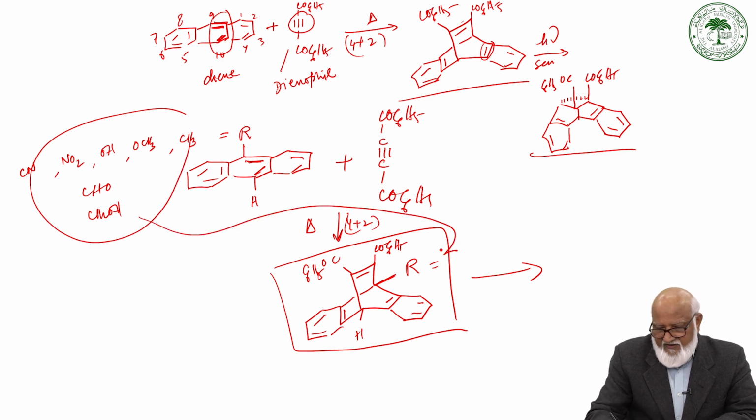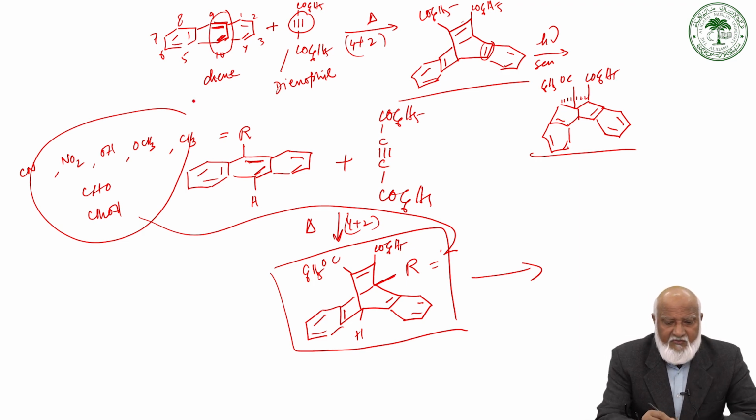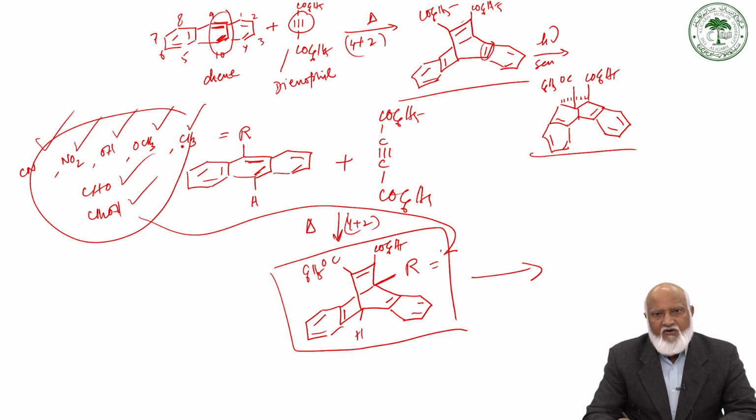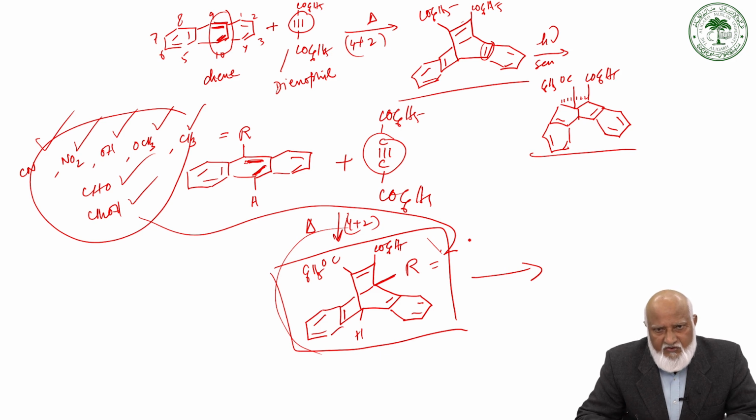And then it reacts with the 9-substituted anthracene with different substituents like methyl, methoxy, hydroxy, nitro, cyano, aldehydic or CH2OH, and reacts with dibenzoyl acetylene, which is acting as a dienophile, adds to the 9-10 position, the diene, in a 4+2 cycloaddition. This gives the similar substituted benzobarrelene,